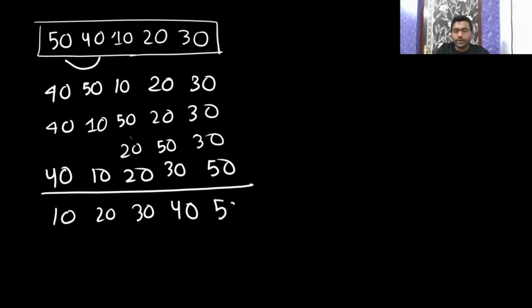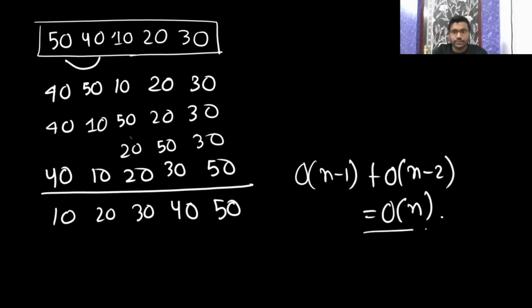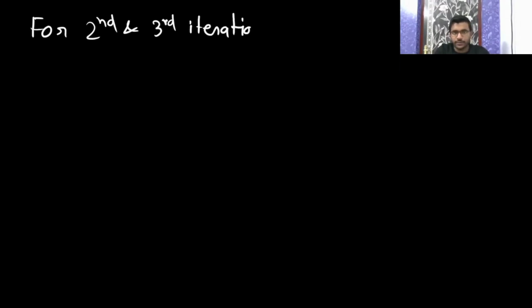So after two iterations you are getting the sorted list. In that case also the time complexity will be: the first iteration is big O of n minus 1, and the second iteration is big O of n minus 2, which is going to be big O of n only. So if after two times or three times it gets the sorted list, then also it is the case. Let me write for the second and third iteration also,